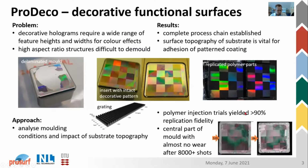So this one is the ProDeco demonstrator. You've heard a lot about this in the talk of Ilya. So basically it's a decorative type of structure where we generate a holographic effect by surface structuring, and the main part in ProSurf was to increase the aspect ratio and thereby the range of color effects, and we were quite successful in this,